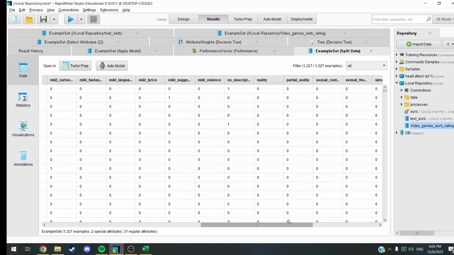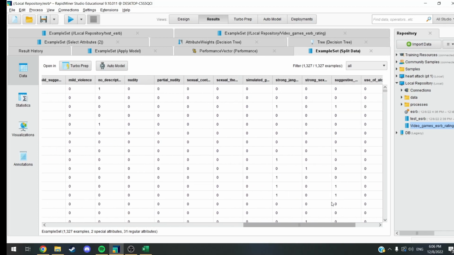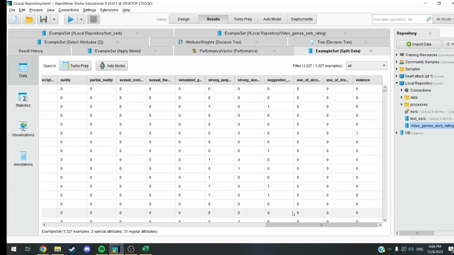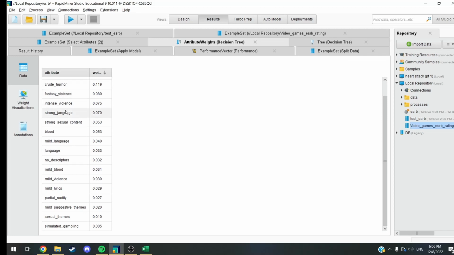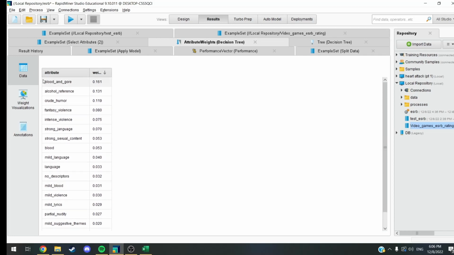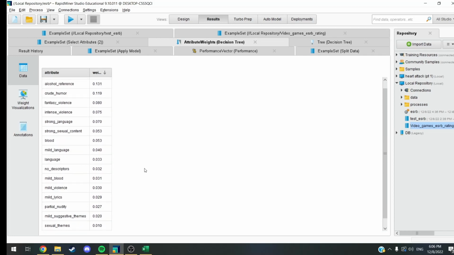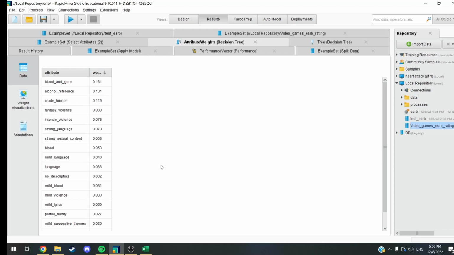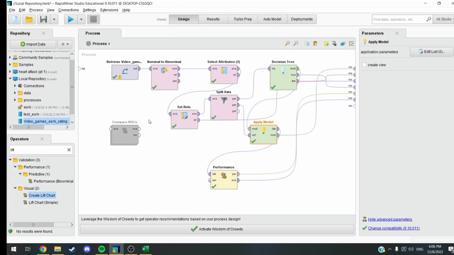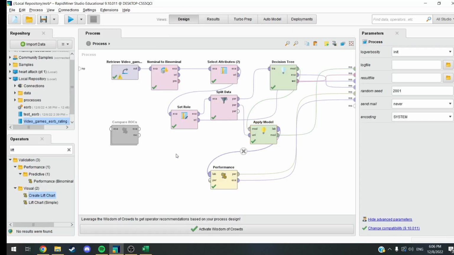Because there's like 38 of these, right? A lot of them cross over, mild violence, fantasy violence, right? There's 38 of these. There's only, what? This isn't 38. This is less. I'm not going to sit and count it here, but it's less. It doesn't show the ones that don't have as much weight. Now, I could take those out of the data set, but since they don't show up, it doesn't matter to take them out.